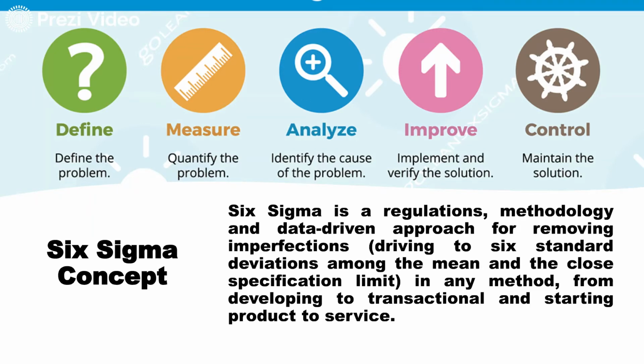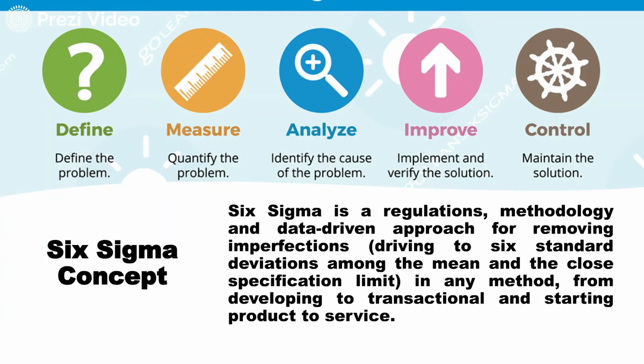Now what are these we are talking about? Define. As the term indicates, first we need to understand the customer expectations. We need to clearly go through what improvements are desired by the consumer in our product so that we can understand where the actual loophole is. Then we need to define that loophole. Once that has been defined, we have to work in the direction of quantification of the problem. How major is the problem and how can we actually remove it? What are the different ways by which we can work on the measurement of that problem?